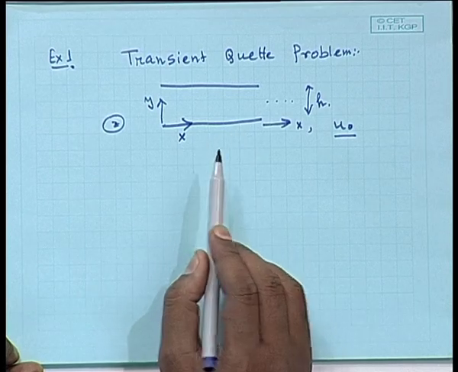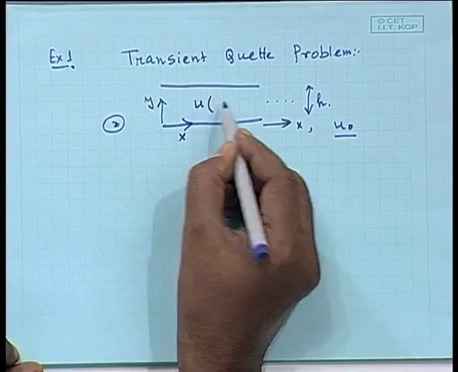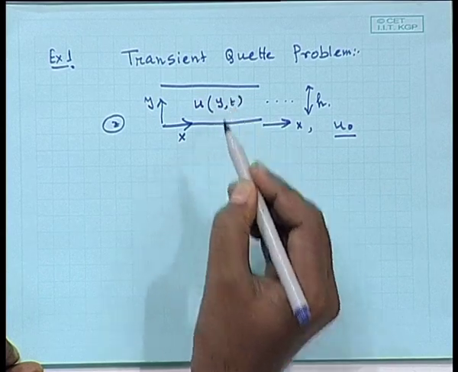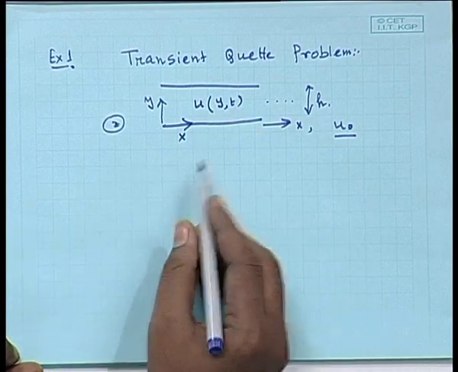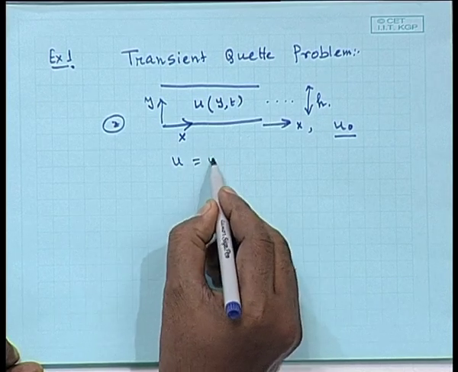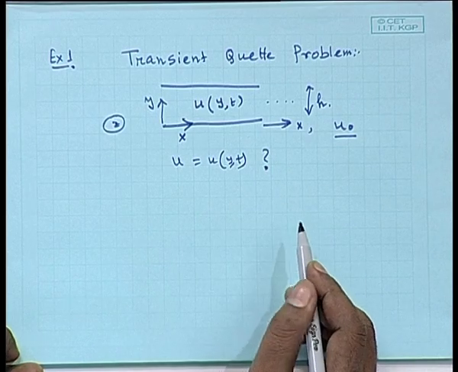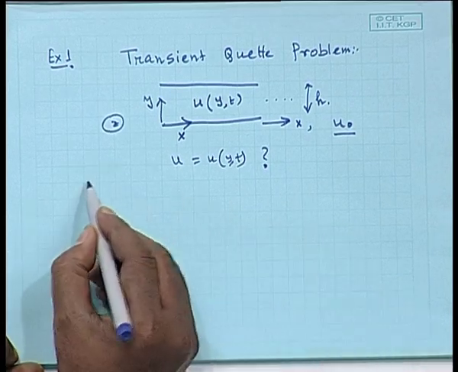Now, the steady state will not be attained instantaneously; there will be a time lag before it is reached. So, we would like to capture the u component velocity as a function of y and t. Our aim in this problem is to find the profile of u as a function of y and t. We will start with the fluid being incompressible.